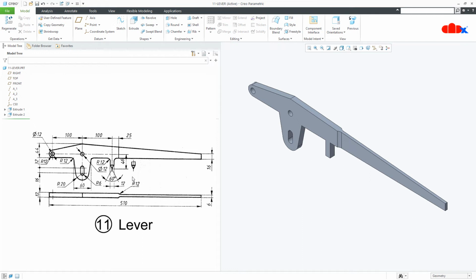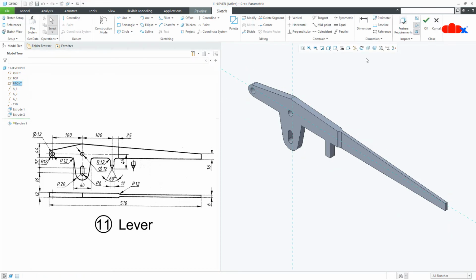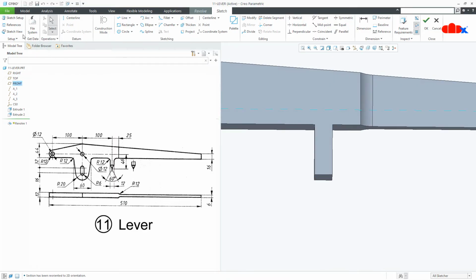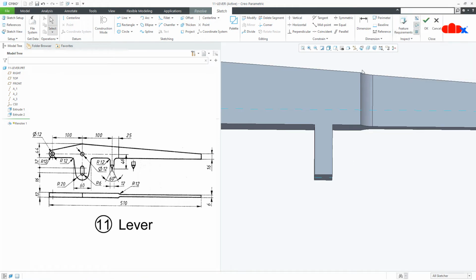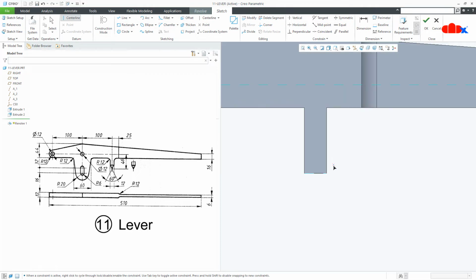Now the next feature is this portion, and for this I will go to revolve onto the front datum plane, normal. I will go for reference, I will select this as a reference. Place a datum center line in the mid of this.